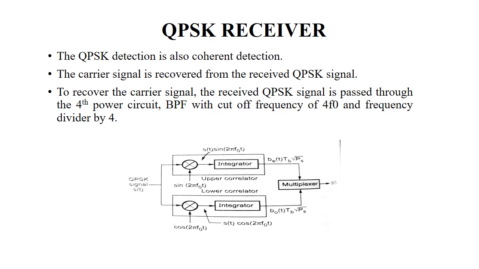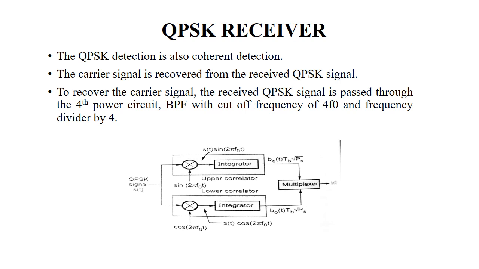Next it is given to the synchronous detection, that is, the coherent carriers are applied to two synchronous demodulators. These synchronous demodulators consist of a multiplier and an integrator. The next step is the integration over a 2-bit interval. The incoming signal is applied to both the multipliers, and the integrator integrates the product signal over the 2-bit interval. The upper integrator integrates from (2k minus 1) TB to (2k plus 1) TB, and the lower integrates from 2k TB to (2k plus 2) TB.